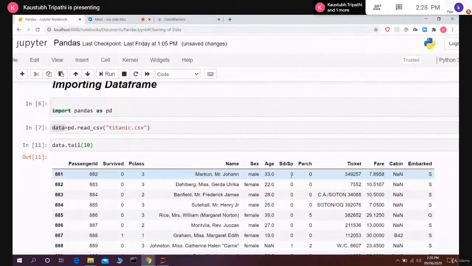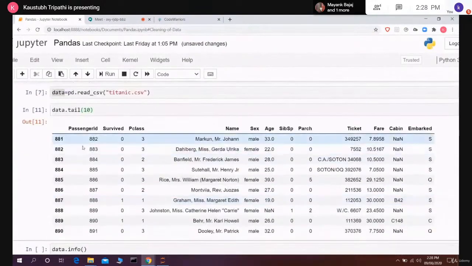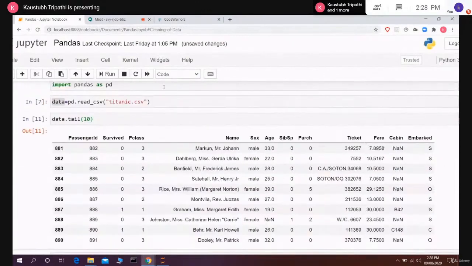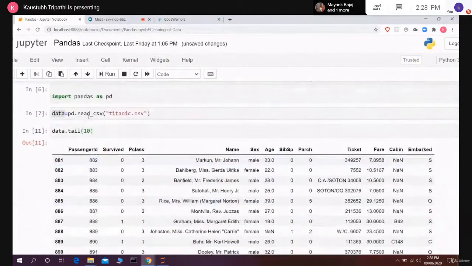So this is used basically to check what our data looks like, what its features are, and what the values inside the data are. Besides data.head and data.tail, there's one more feature, and that is data.info. Enter. It gives us the complete info of the data.